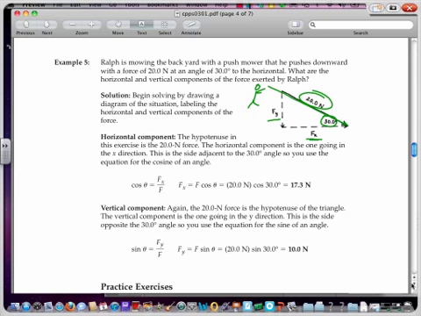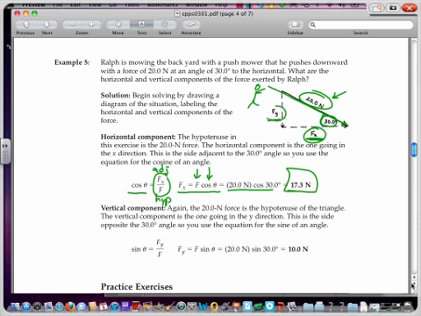Well, that's pretty easy stuff as far as trig goes. It's pretty straightforward. So if we've got this angle, we want to figure out the side next to it, and we've got the hypotenuse. We're going to use cosine. So cosine is adjacent over hypotenuse. Adjacent is fx, and hypotenuse is 20. So just plug the information in. We actually don't know fx. We're going to solve for that. So we're going to put in our force of 20, cosine of 30 degrees,